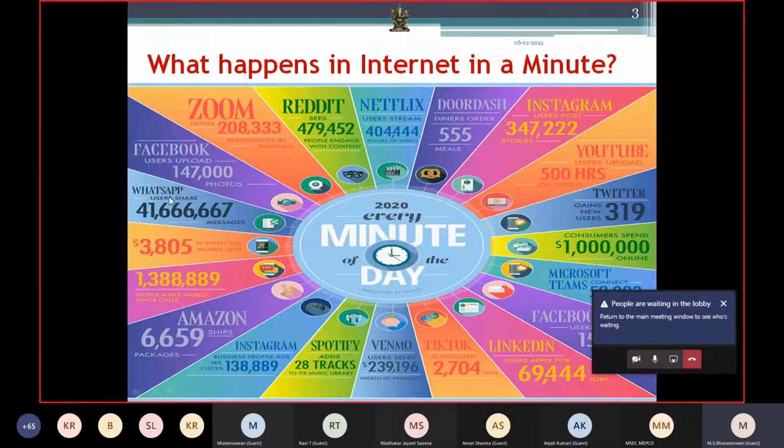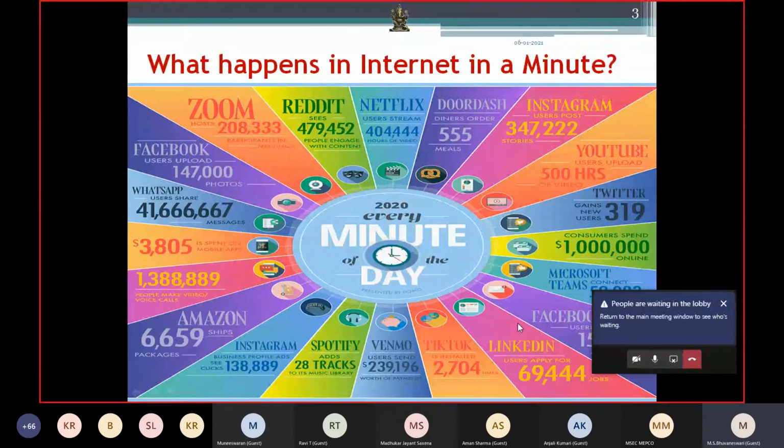On WhatsApp, 4 crore people are sending messages per minute. Similarly, Amazon ships nearly 6,600 packages per minute. All these things are happening in 2020, and they are drastically increasing. Everything has to go through the internet.